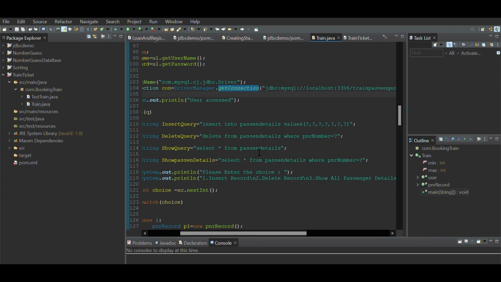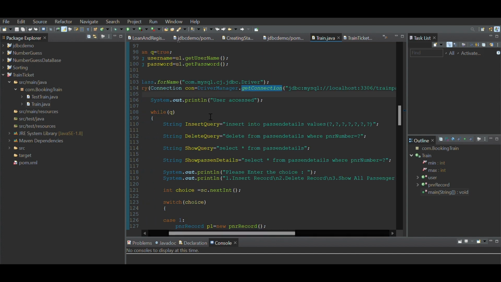For insert the query, insert into table name values. This question mark represents the values which are given by user. It will save here and it will fetch the data into the database or table. Here I save this query into one string, insert query named it reference, and then for deleting the query,